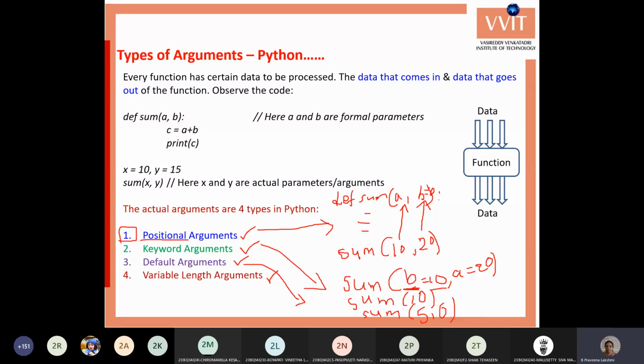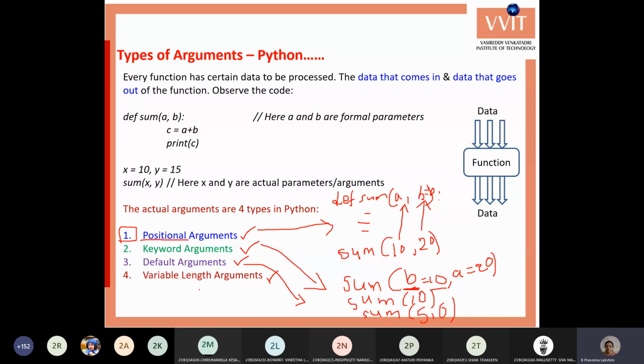Okay, then it doesn't consider the default value. Only whenever you are leaving that value, or whenever you are missing the value, then it takes a default value, so that you can use the function with 1 argument or with 2 arguments. You can also give A some default value, then you can miss the A value also. You can give A equals to 0, then you can call sum with only 2 brackets without any values. Then it gives us 0. So those we will call default arguments.